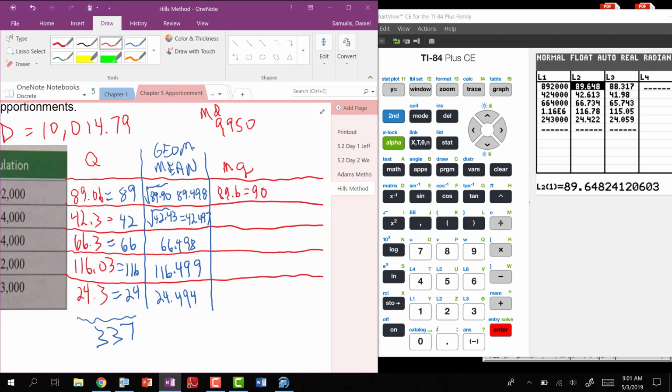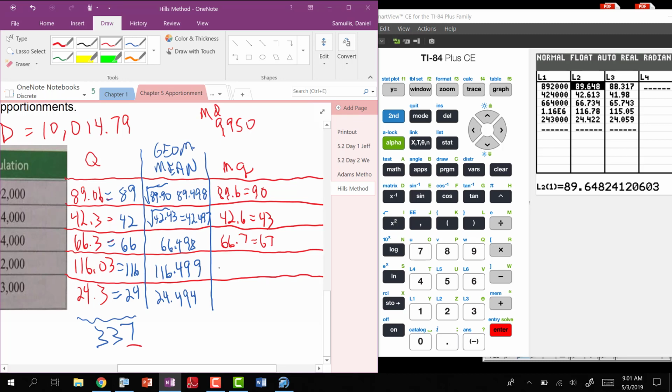Next one, oh crap. I got 42.6 for this. It's a poor choice because now this is 43. I'm already up 2 on this. Now I'm over. All right, so my modified divisor, I went too small. I probably should have just done 10,000 right on the dot. Okay, and then 66.7. Oh my gosh. That one goes up to 67. Now I'm up 3 from the previous one. Every one of these went up except the